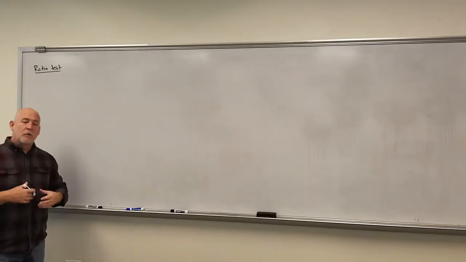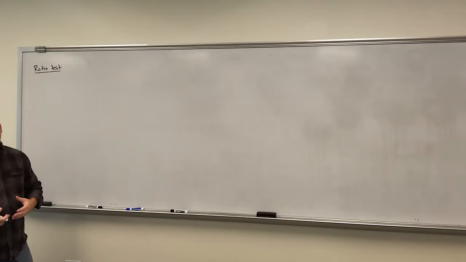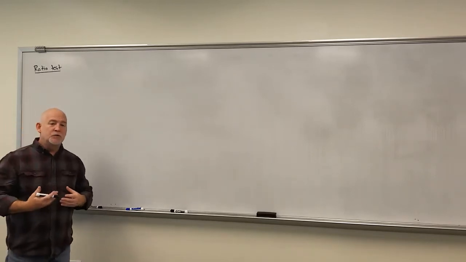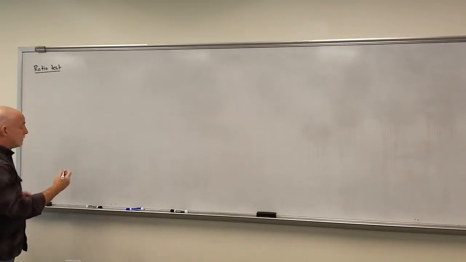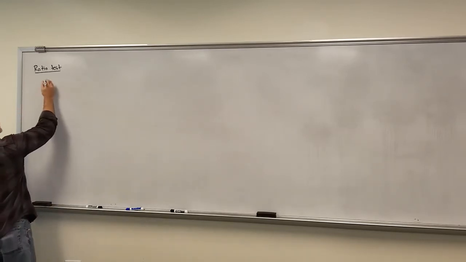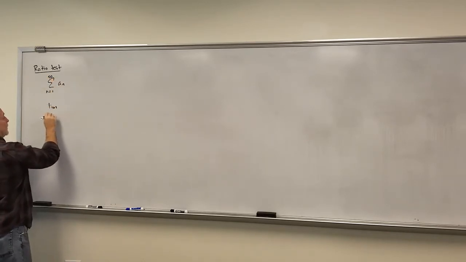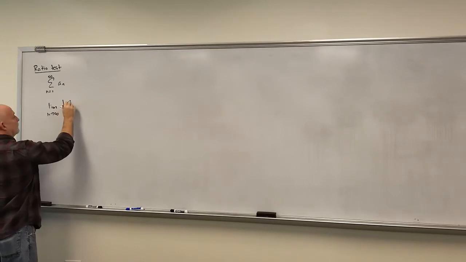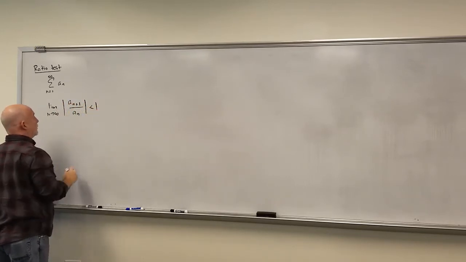Our next test to tell whether or not a series converges or diverges is called the ratio test. Now this is probably the most useful test out of all of our tests, and it's a pretty simple test to do. Here's what it says. It says if we have the sum n equals 1 to infinity, let's say a sub n, if the limit as n goes to infinity, the absolute value of a sub n plus 1 over a sub n is less than 1,